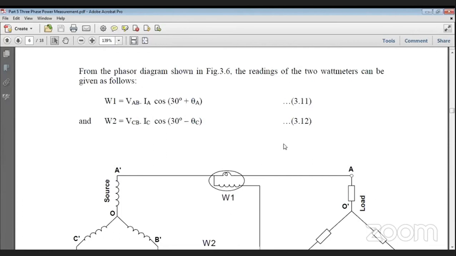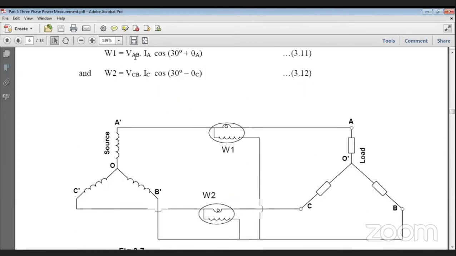So exactly this theory will be demonstrated in front of your eyes. When the motor starts, 1 wattmeter will be positive, the other will be negative. You will see that this negative reading will start decreasing, positive will increase. At one point of time, this 1 wattmeter will show 0. And then both wattmeters will become positive and they will increase. Finally, they will reach their final values. This is a beautiful experiment. It's a very simple but beautiful experiment which absolutely makes the theory of the 2 wattmeter method clear to the students.